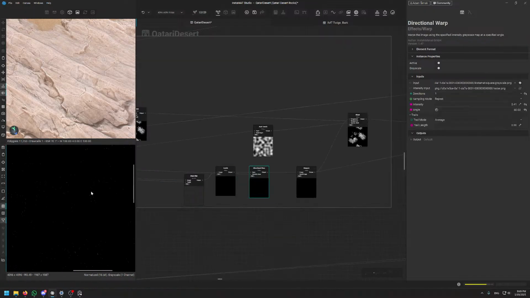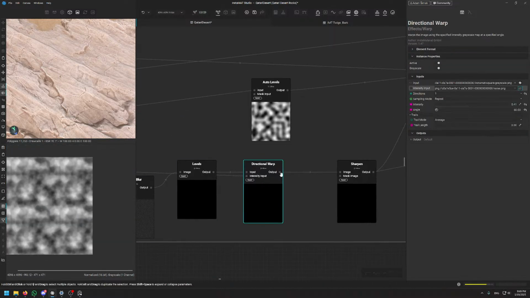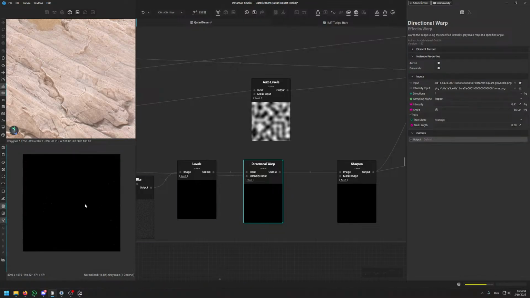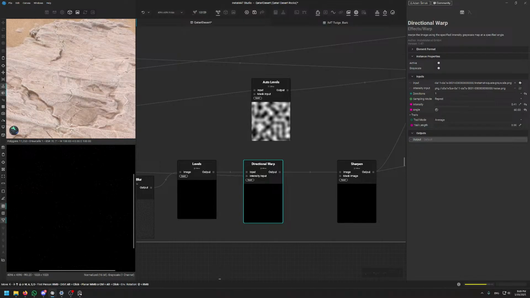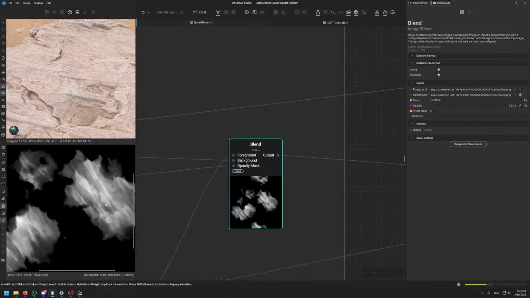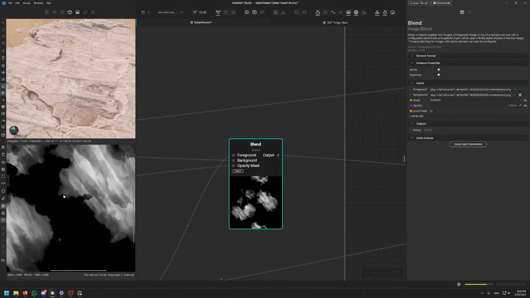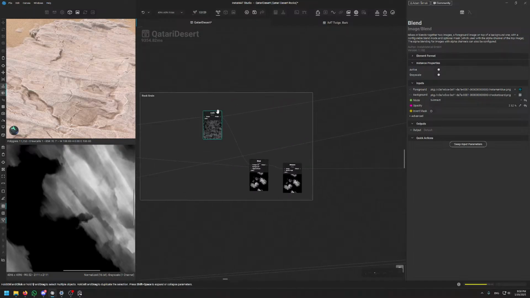Again, I warped it a little bit. I think this time I'm warping it with a... No, it's just noise. I don't know why I did that. I did a lot of things, okay? A lot of things that I'm not entirely sure why I did them. But that's what happens, right? And yeah, again, I subtract these. So you have these larger bits and smaller granular bits. And then